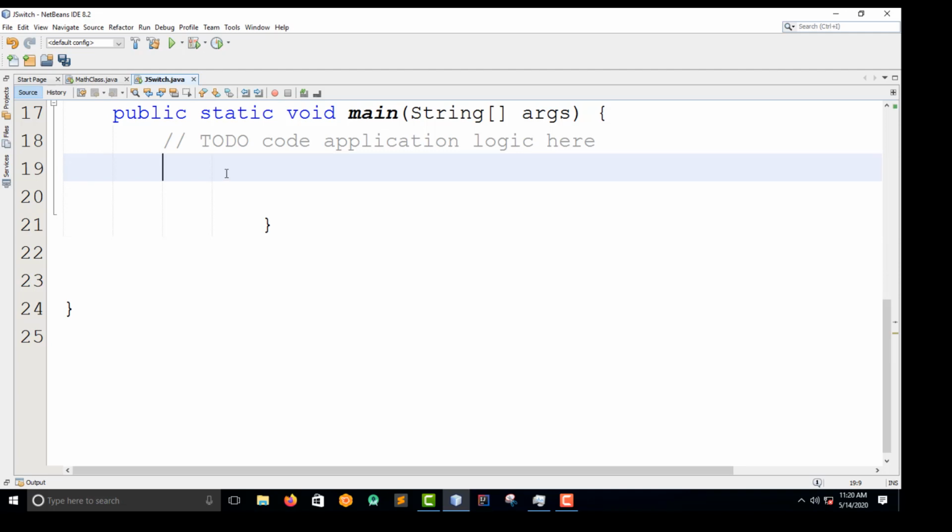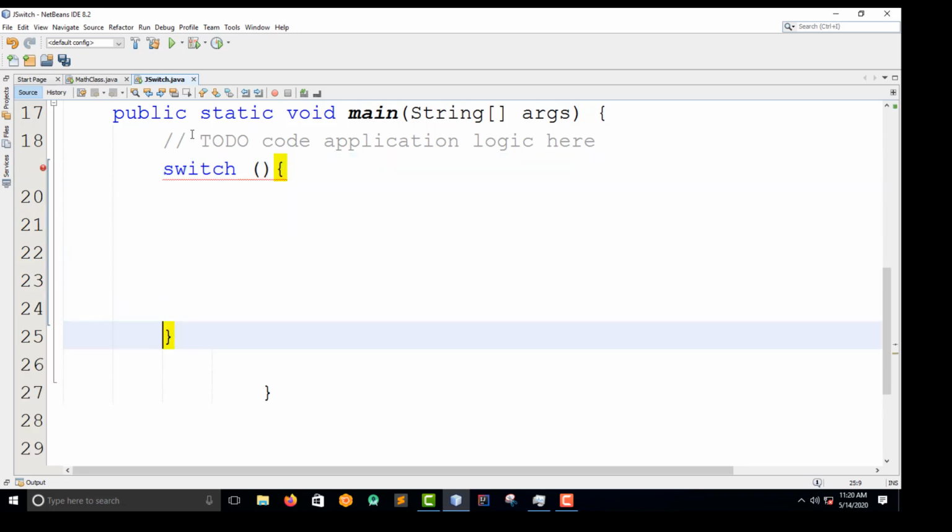So guys, this is how we do it. You have to write the word switch, and then after the switch you're going to have an expression. Then you have the curly braces. Yeah, that's it. So I'm going to expand this down. Then I come back here, and then I write my expression. That is it.